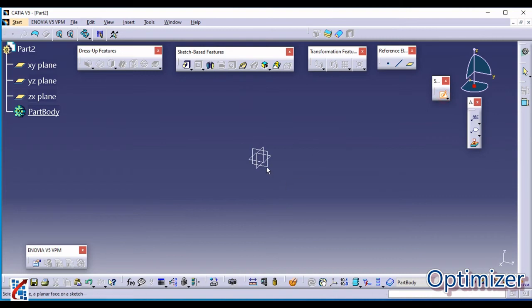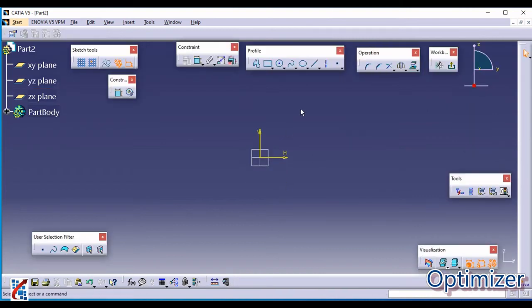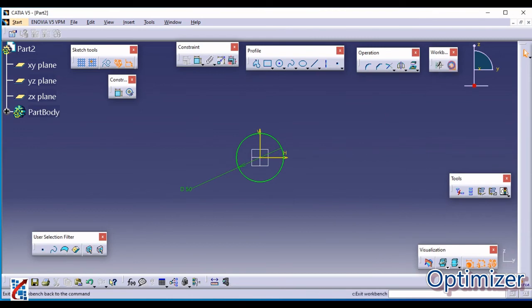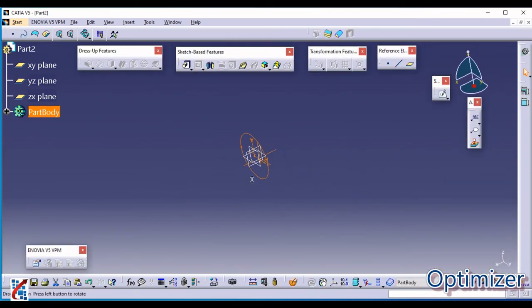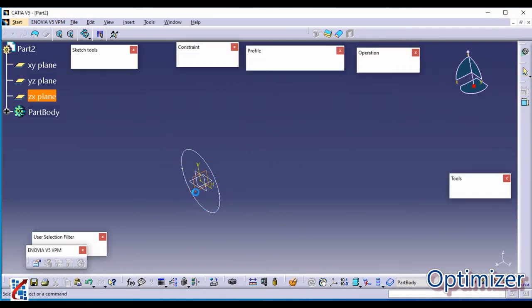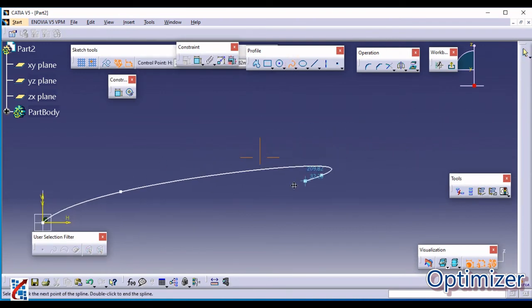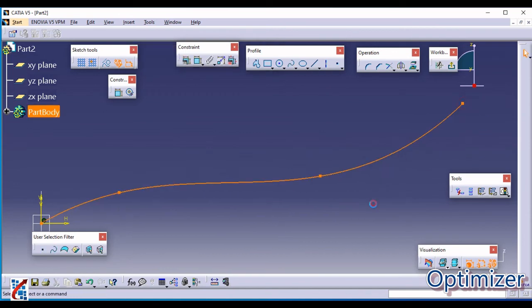I am going to draw one circle on this front plane like this, with some dimensions, suppose 50 mm. Now I am going to click on exit workbench. Suppose I want to move this circle about some axis, about some spline we can say. So I am going to create one random spline like this.